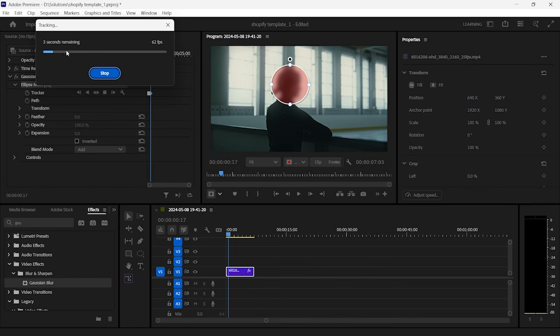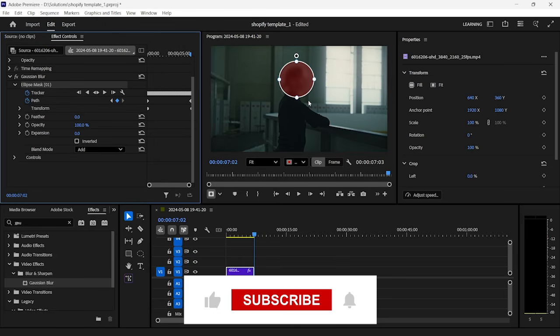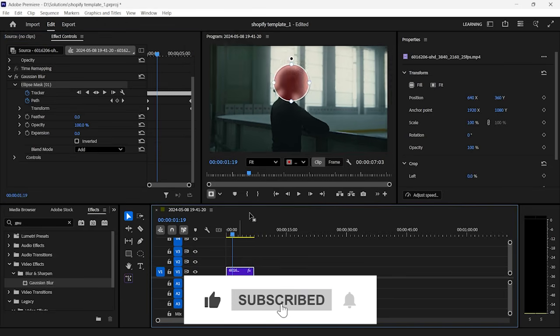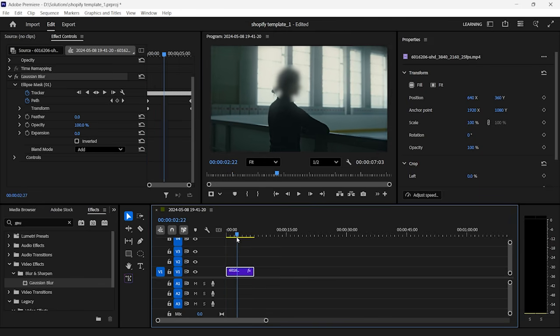So if you click here, it will take a few seconds and it will automatically track the object, or in this case the face. Now as you can see, if we play the video, the mask will blur and track